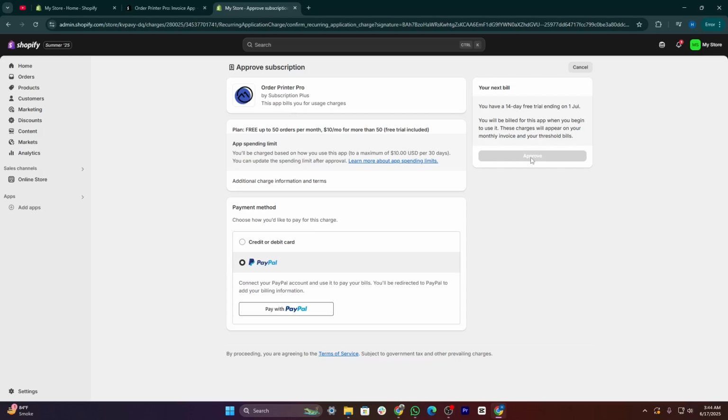Once it's done, the app will automatically generate invoices for your orders and you can customize the design or download